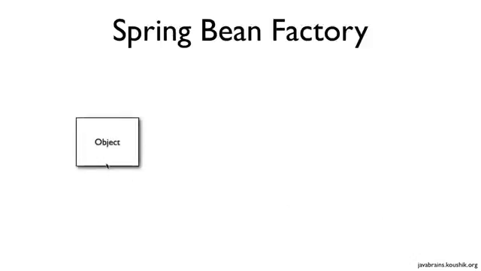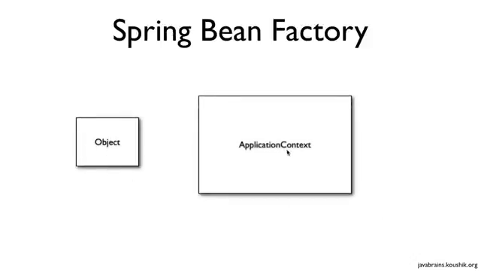Now note that here we have an object that's actually referring to the factory, the application context. We had seen this diagram earlier with the bean factory over here. This block was the bean factory, but I've replaced it with the application context because we are coding with the application context, which is actually a bean factory with additional functionalities. So now the object makes a reference to the application context in order to get an instance of the